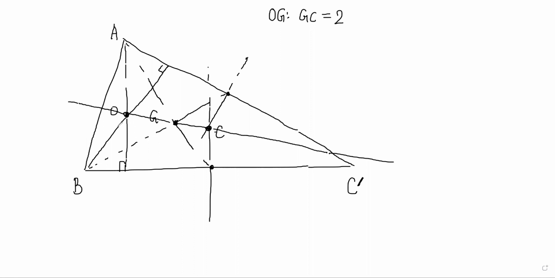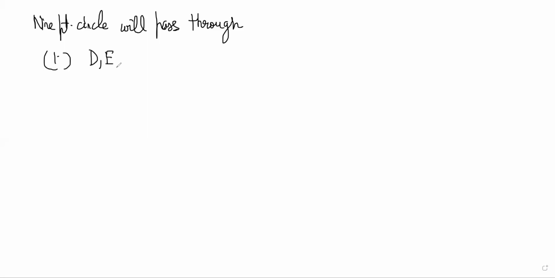So how do we mark N? N is the midpoint of OC, by the way. So first make the circle. The circle will be through the foot of the perpendiculars here. Let's call it D, and there will be E here, and there will be F here, somewhere here. Okay, I don't want to draw the 9-point circle in this figure. The points on the 9-point circle you need to know: the 9-point circle will pass through DEF, where these are the orthic triangle points, orthic triangle vertices, right?